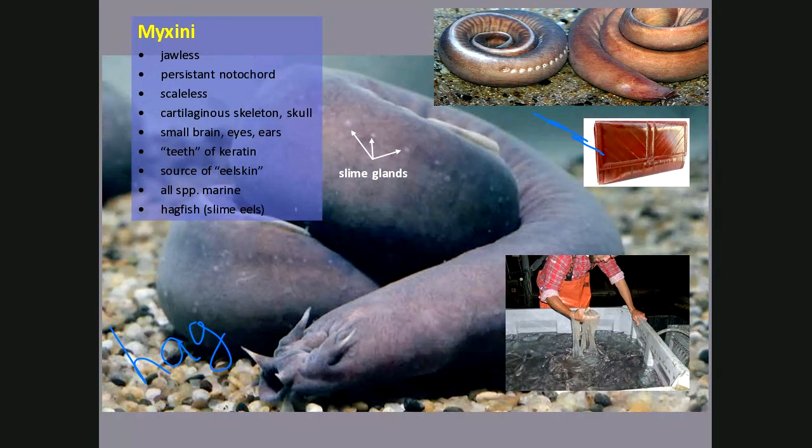All found in the marine. Slime eels, too. They produce copious amounts of slime. Oh, you can see the slime glands. Slime is really good for an organism that lives down in the substrate, in the rocks, in the sand. It's also good if you're an organism that might engage in battle with other organisms as you're trying to parasitize them. It's a protective coating.